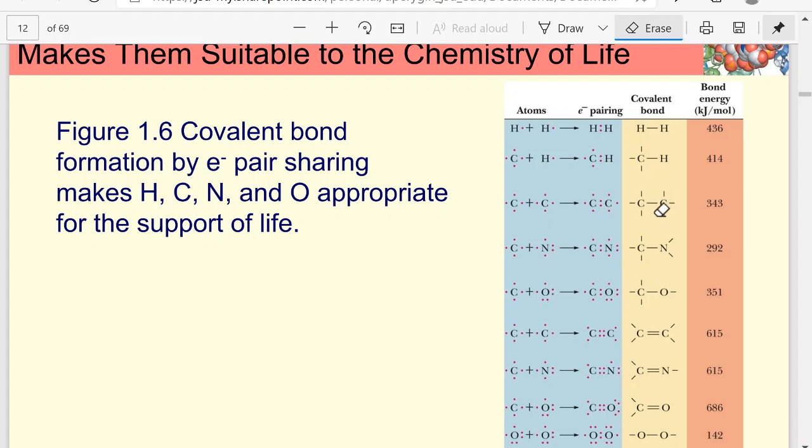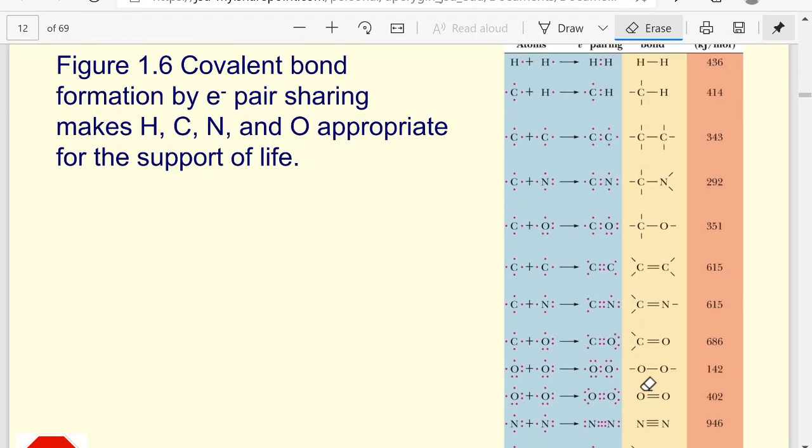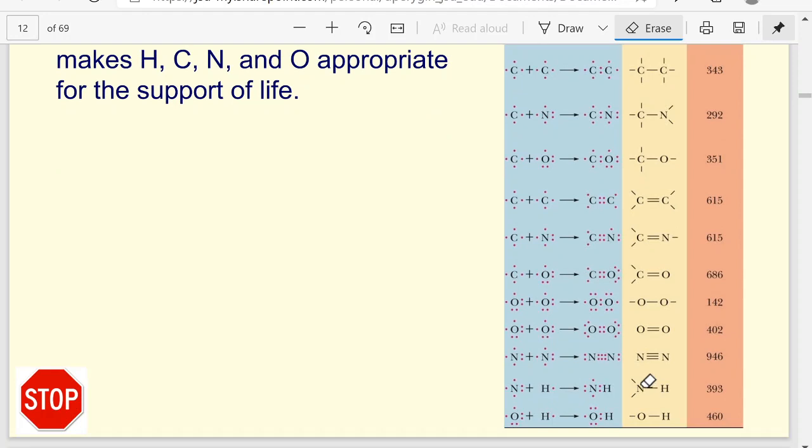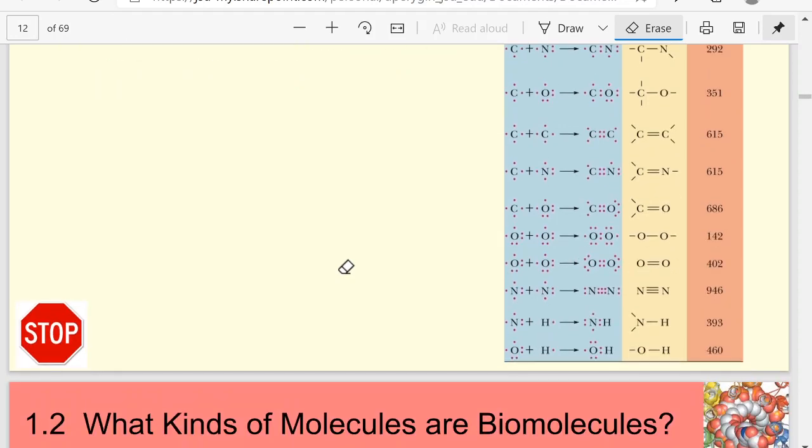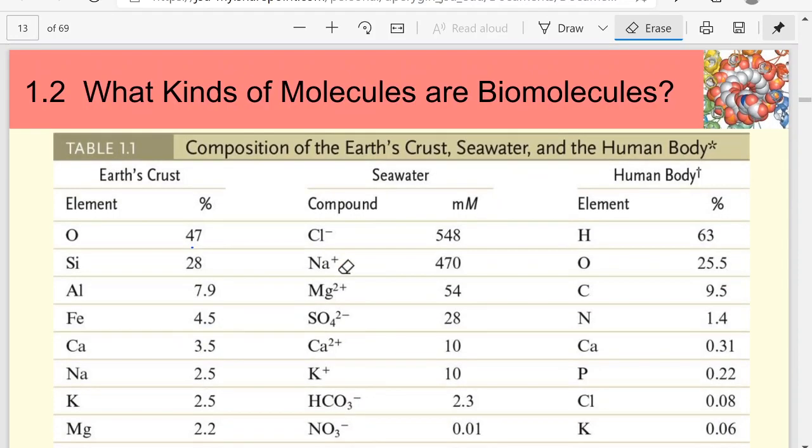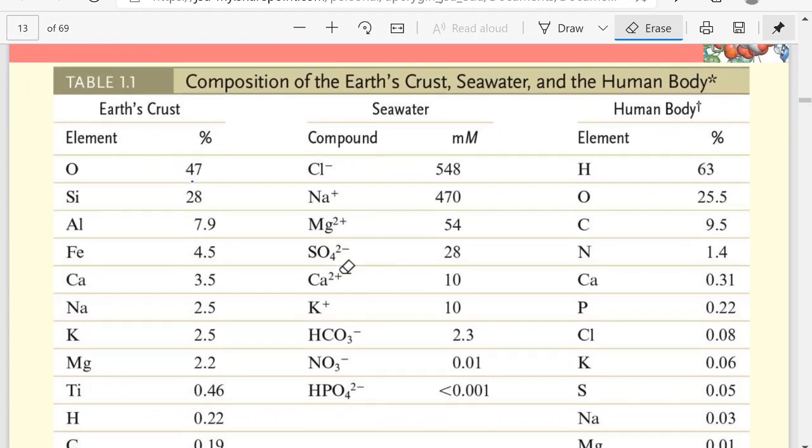So we may see single bonds, double bonds, and we may even see some triple bonds in some different types of molecules. So again, be familiar with these bonding patterns so that you can recognize them in the biomolecules that we'll look at. So when considering the type of